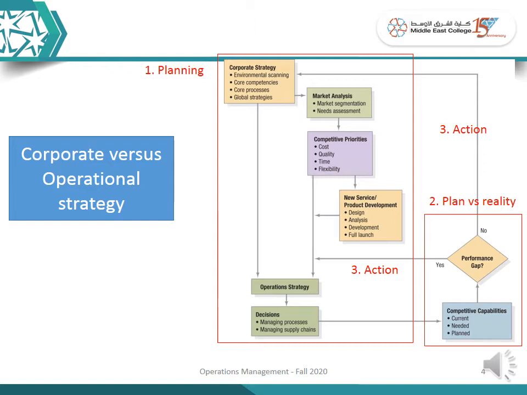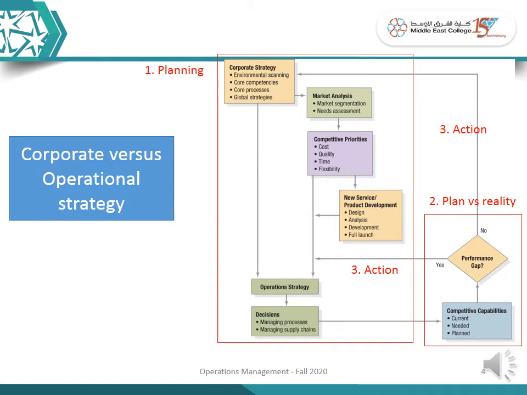The planning phase is the corporate strategy, and the market analysis, competitive priorities, new service and product development, and it's linked to the operational strategy, of course, how we apply this. Then we have action to apply our strategy. Then we have performance evaluation to measure if we have a performance gap or not, and this is based on the competitive capabilities, of course. We are not going to discuss everything in this module,